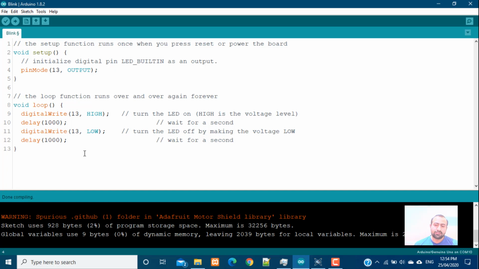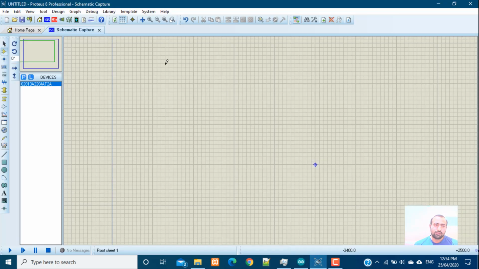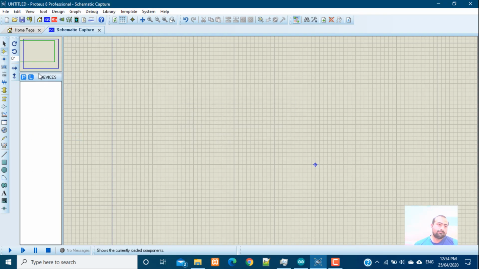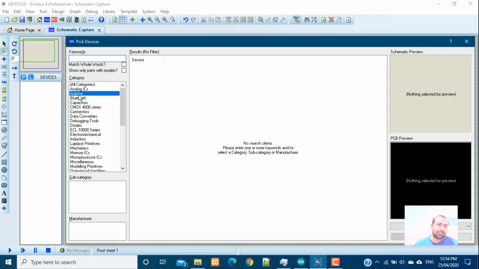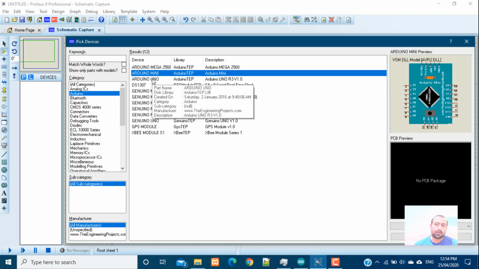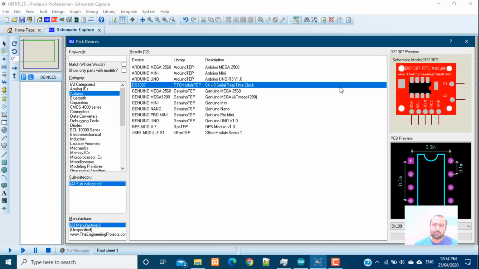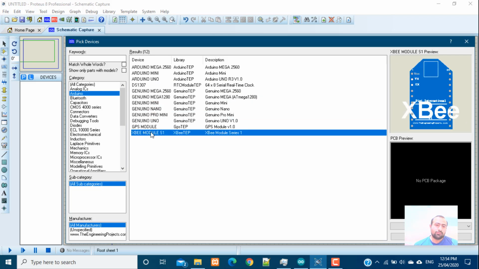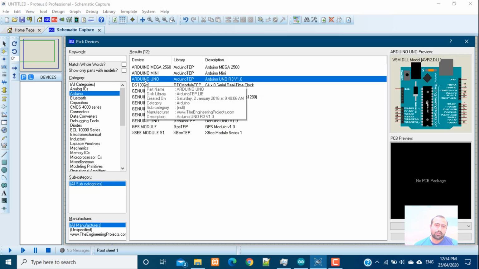Code is compiled successfully. So here I have to bring in the Arduino. Here I have the Arduino library. I have Arduino Mega, Arduino Mini, Arduino UNO, DS1307 RTC module. This is a real-time module, and so on. So I will bring in the Arduino UNO,